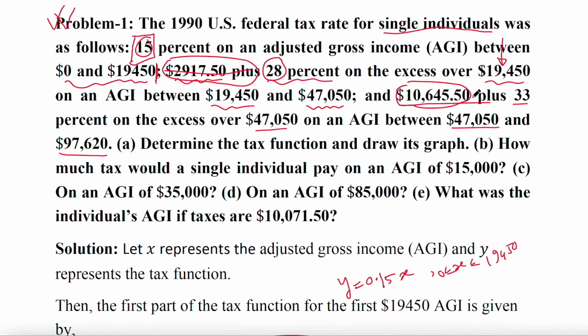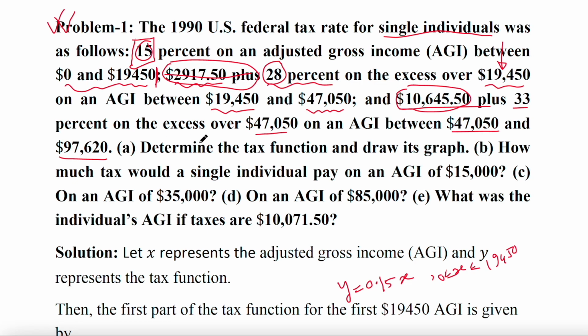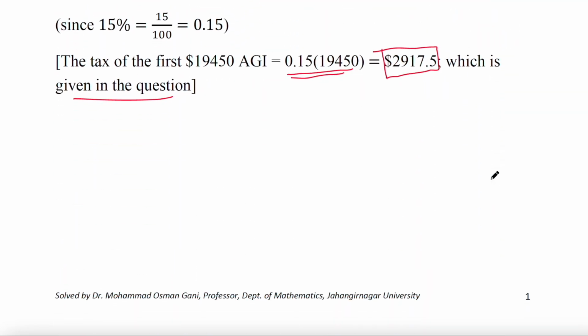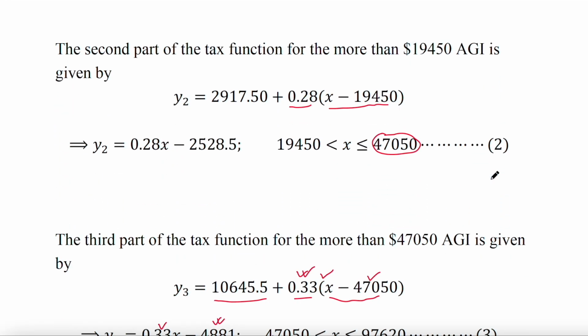Now how can we solve B? This is the tax function, and how can we draw the graph? I will discuss the graph later. But now B: how much tax would a single individual pay on an AGI of $15,000? So you see $15,000 is in the first range,